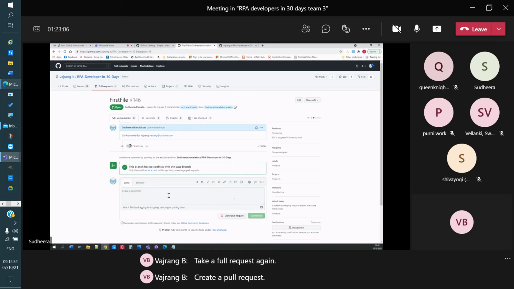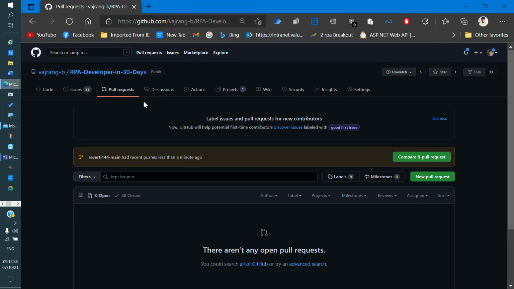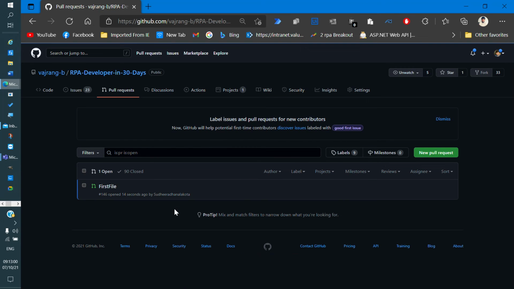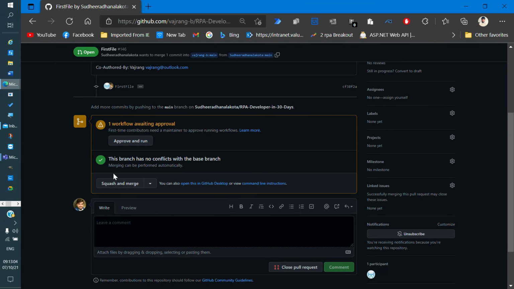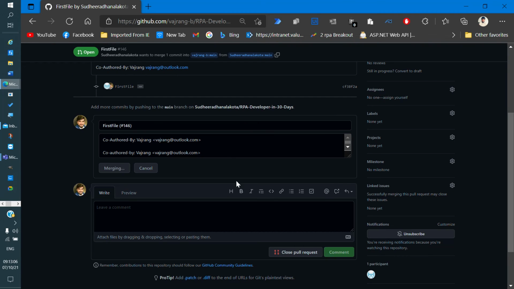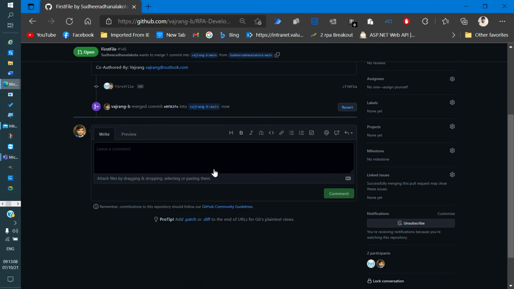You can complete the pull request, or close the pull request by yourself if you don't want it to continue. When I create a pull request, it's asking for a pull request name.